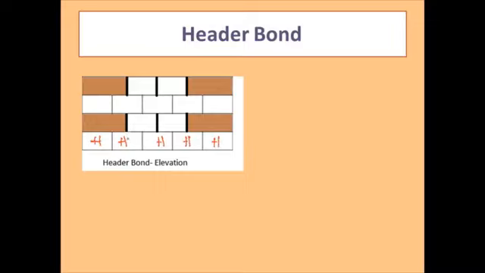Then if you go to the second course, can we start with the stretcher here? No. Why? Because if you keep a stretcher here, then it will come up to this point. So what will be the lap length in this case? 0. That's why the second course should not start with a stretcher. And can we start with the header? Not at all possible.